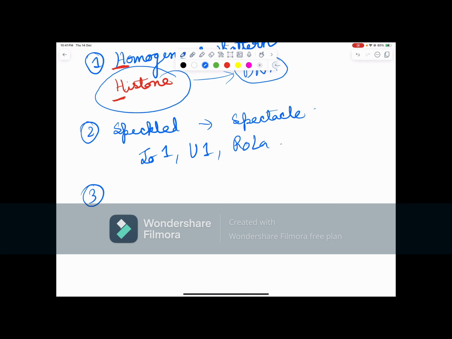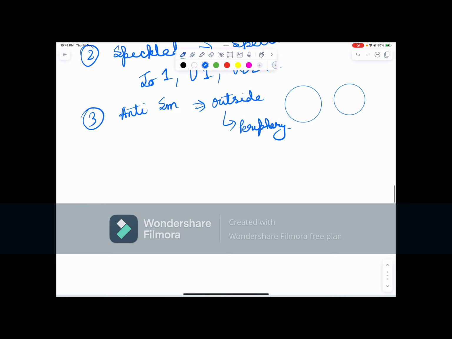Third, we have anti-smooth muscle. See, smoothness is from the outside. For example, we try to make our house smooth from outside so that it looks good from outside. We do plastering, we do paintings and all in Diwali and all. So we try to look good from outside. So there should be smoothness in the wall. So anti-SM is outside. So in this you have periphery pattern.